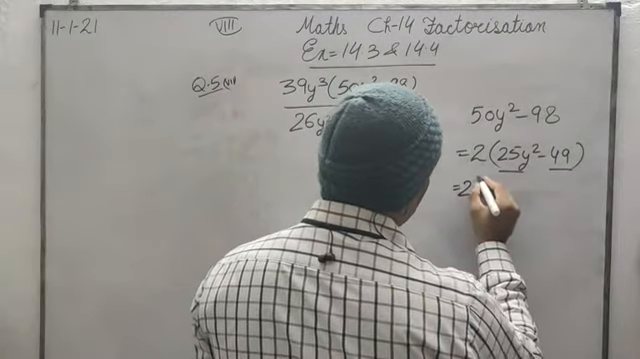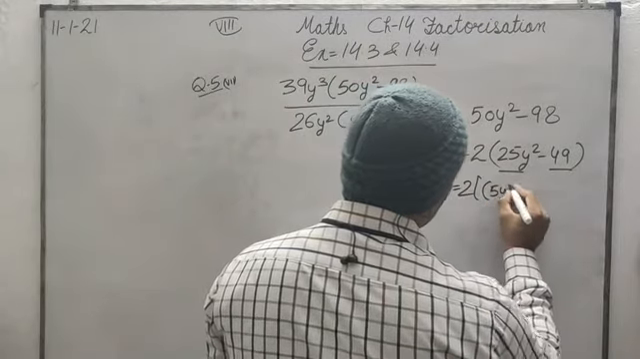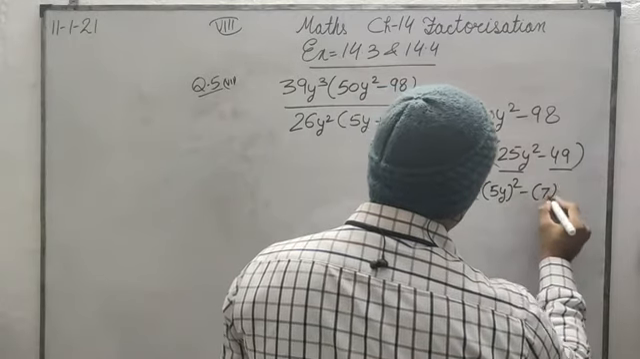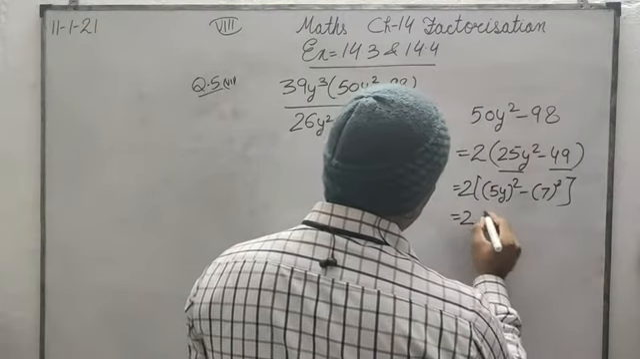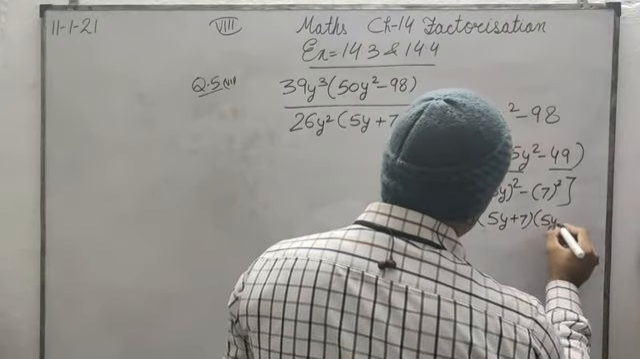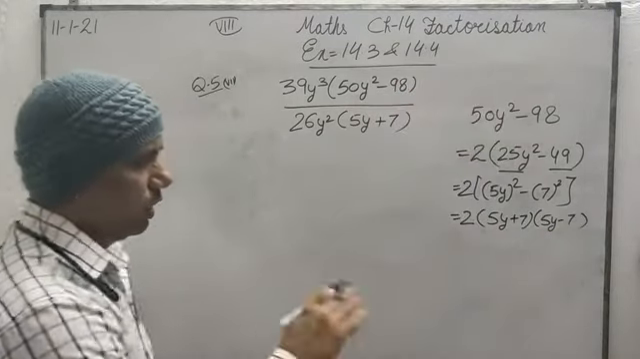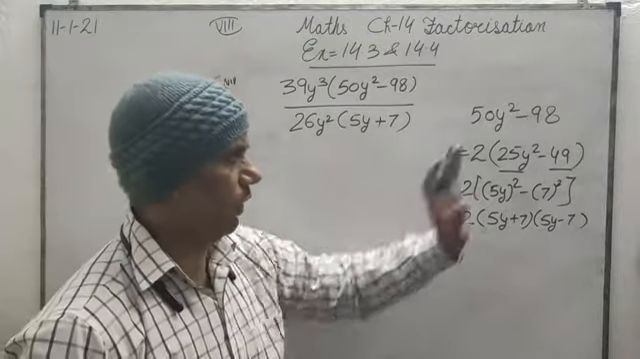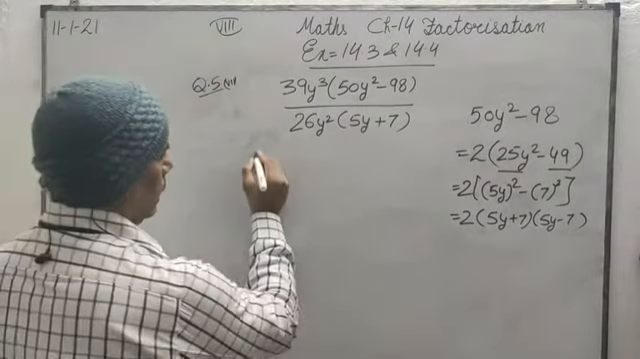So 2 will come like this. This is the whole square of 5y. This is the whole square of 7. So in one bracket 5y plus 7, in another bracket 5y minus 7. These are the factors of 50y square minus 98. Hence